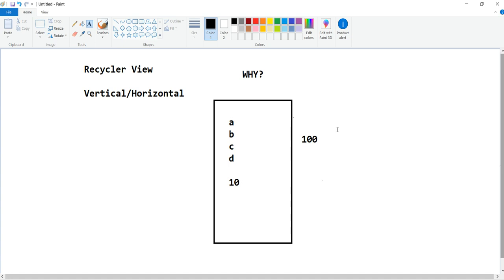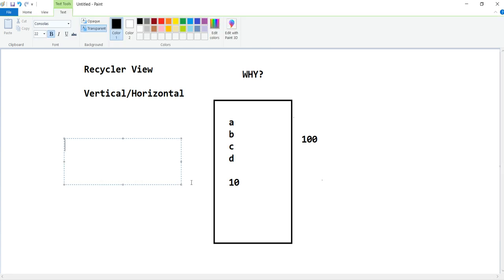But if I use RecyclerView, the first 100 items are loaded into my ViewHolder. There is one class which we create, that is my ViewHolder. My ViewHolder can hold the 100 items.